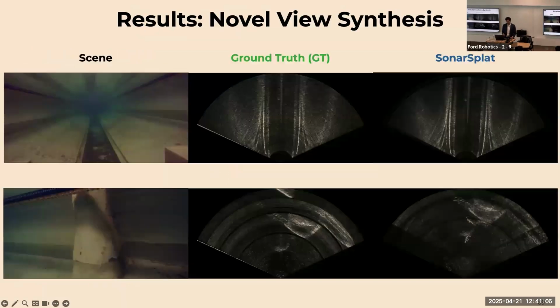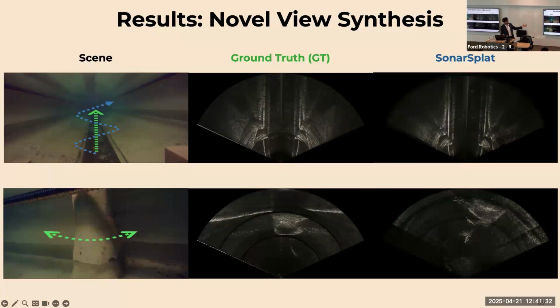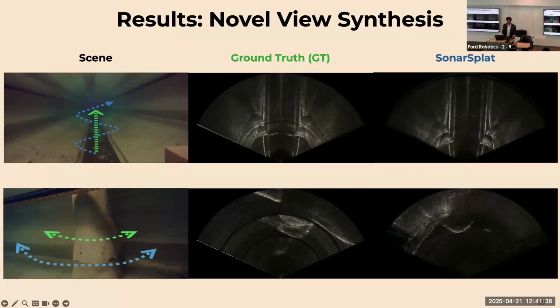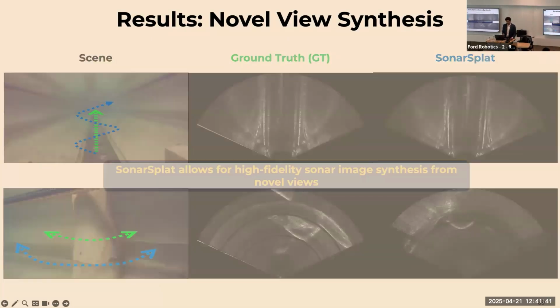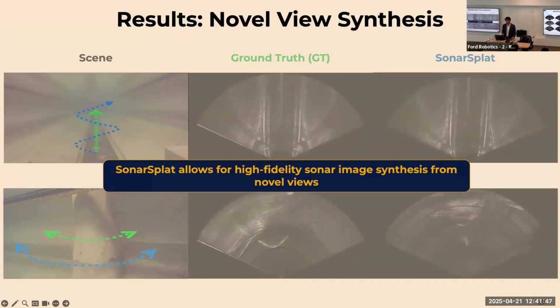So another interesting thing I'd like to share is novel view synthesis. This is the actual captured trajectory shown in green. And you can see that it's simply a straight line path through the basin. We can also reanimate this, or perform novel view synthesis, to simulate an undulating trajectory that might be due to wavy conditions or whatever. And you can see that this produces realistic renders from various views. For the piling, we have a pretty traditional orbit path around the piling, and we can simulate a path that is further back in order to perform data augmentation and re-rendering. So the important thing is that SonarSplat allows for high fidelity image synthesis from novel views.